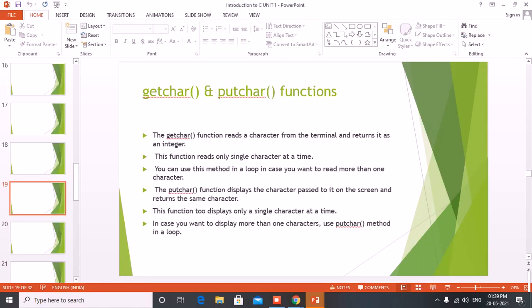Half of Unit 1 is covered with this. I have shared this PPT on SlideShare, and I have passed the link also. Half of the PPT I will be covering, and for your kind information I would like to tell you that your subject will be taught by three faculties. I am one of them. I would be explaining C language, but two faculties of our college would be explaining some of the parts of the syllabus, and I would be covering some. You don't have to worry, because your whole course will be completed soon. I hope you understand this.